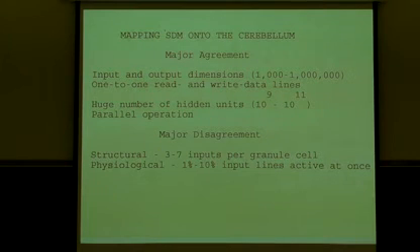And now, if we look at how successful this mapping is, there's major agreement in things like the input and output dimensions. The input and output dimension means how many mossy fibers come in, how many climbing fibers come in, and how many Purkinje cell outputs come out. So the dimensions in the memory model were just 1,000, but they could be a million, but they are of that order.